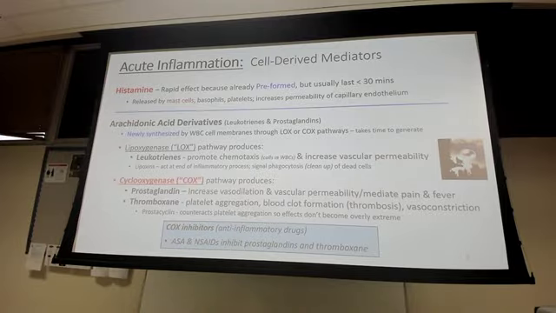Then you got your COX pathway. You got prostaglandin and thromboxane. Prostaglandin, that also helps with vasodilation and also helps with permeability, but it's also a big factor in how we perceive pain, and it tells our body to start causing fevers. Because even though fevers are not fun, right, and they can be dangerous at times, whenever we cause fevers within our body, we're essentially making our environment for any pathogens,